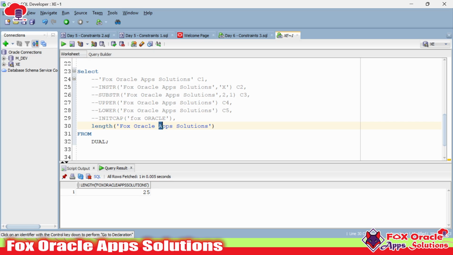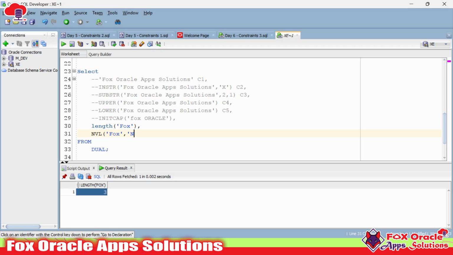If I remove this one, it will display only 3 because we have only 3 characters here in this Fox. Now the next function is NVL. I told you that NVL will return a replacement instead of null values. So here we are using NVL and here this will be the value, for example, Fox. And after that, the second value will be the next value, whatever we want to display if this first value is null. So you want to display that